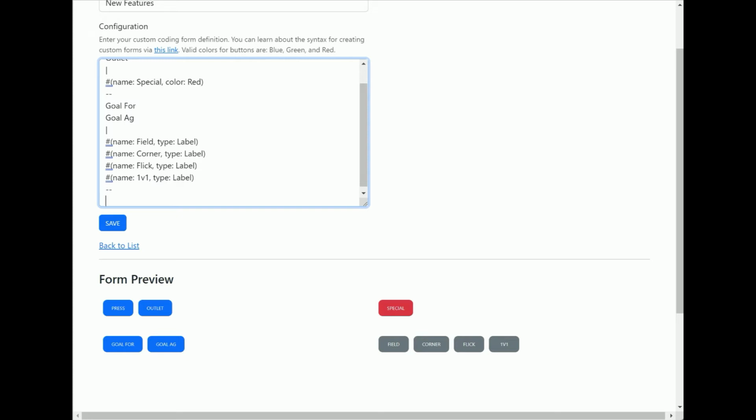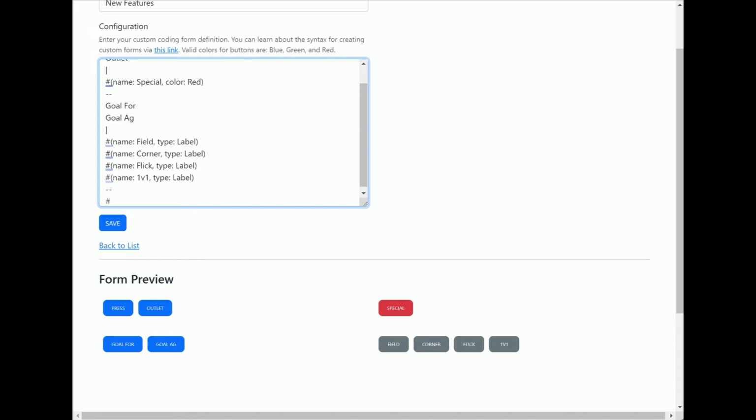or off. So an event button, when we click it, it will stay on or active for a certain period of time. A switch will stay active until we turn it off. And so the switches are good for recording things like possession. And so what we'll do here is